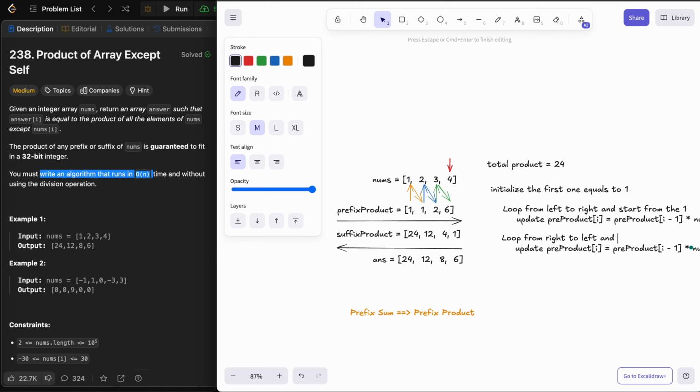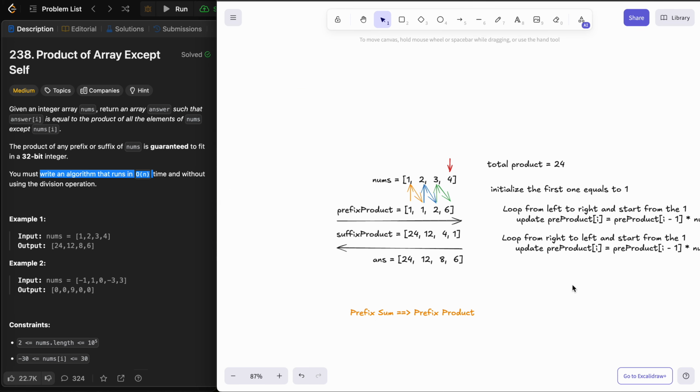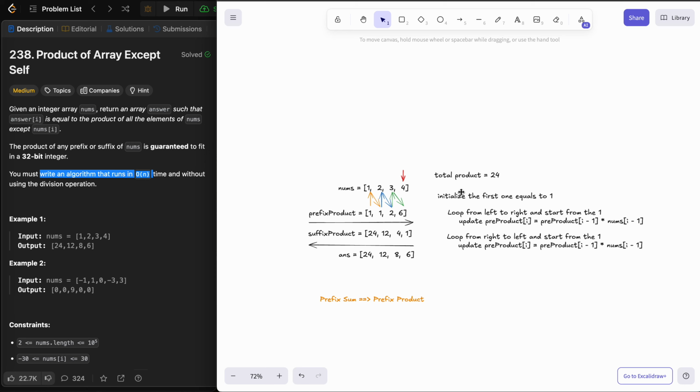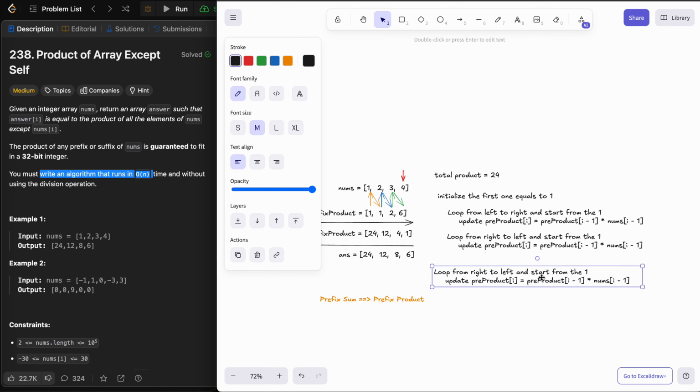Same to here and start from the 1. Right, so this is my idea to solve this problem, and the time complexity will be like this is O(n), this is O(n), and also we have